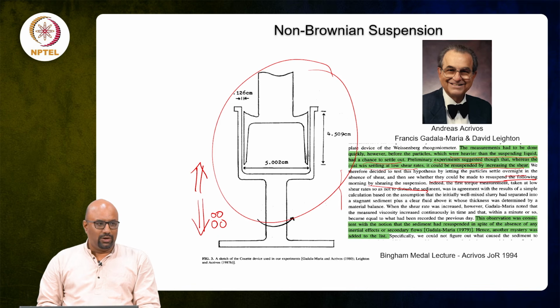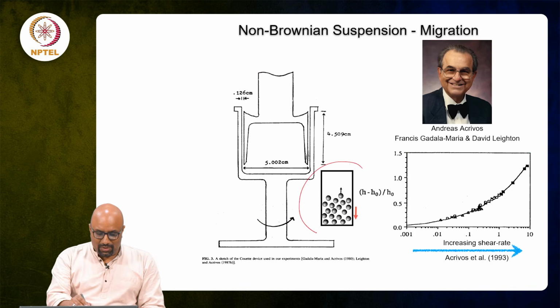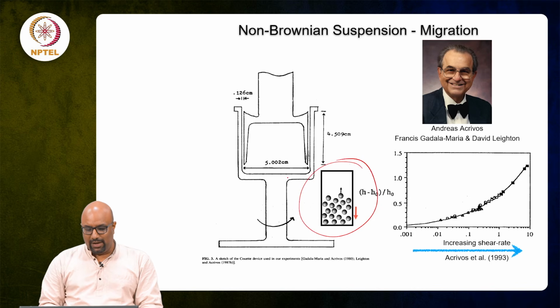Now, if you recall, we had a similar discussion while going through Einstein's calculation of diffusivity, and there the point came from molecular diffusion. Now, these are particles which are fairly large, so there is no molecular diffusion. When he tried this out, molecular diffusion was completely ruled out, and when you increase the shear rate, you